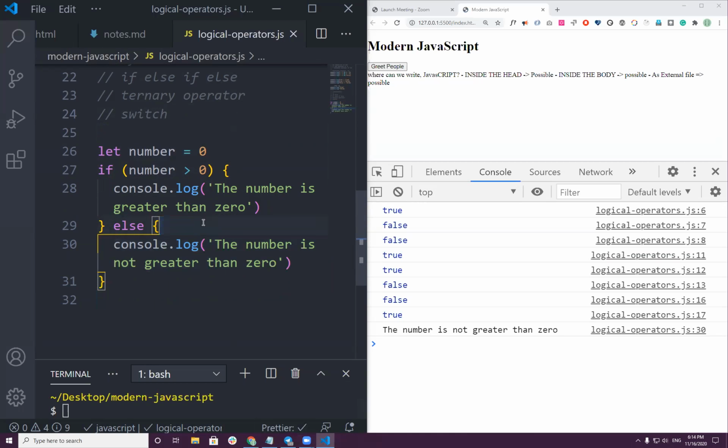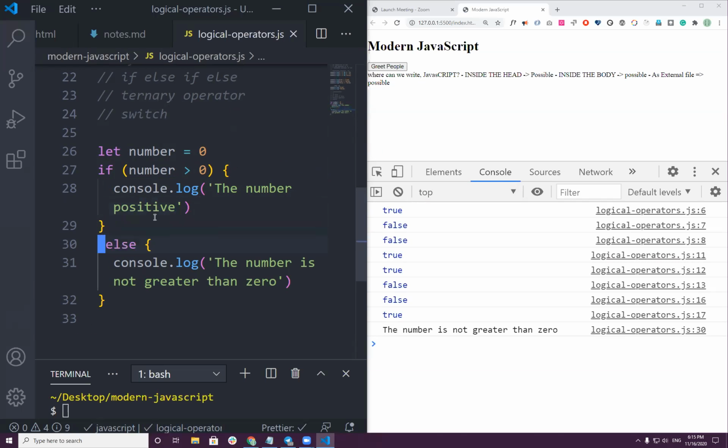Life is full of conditions, and when you try to solve some problem, there are lots of conditions you should consider. So we should know how to handle different conditions. So for instance, if number is greater than 0, I can say the number is positive. How about